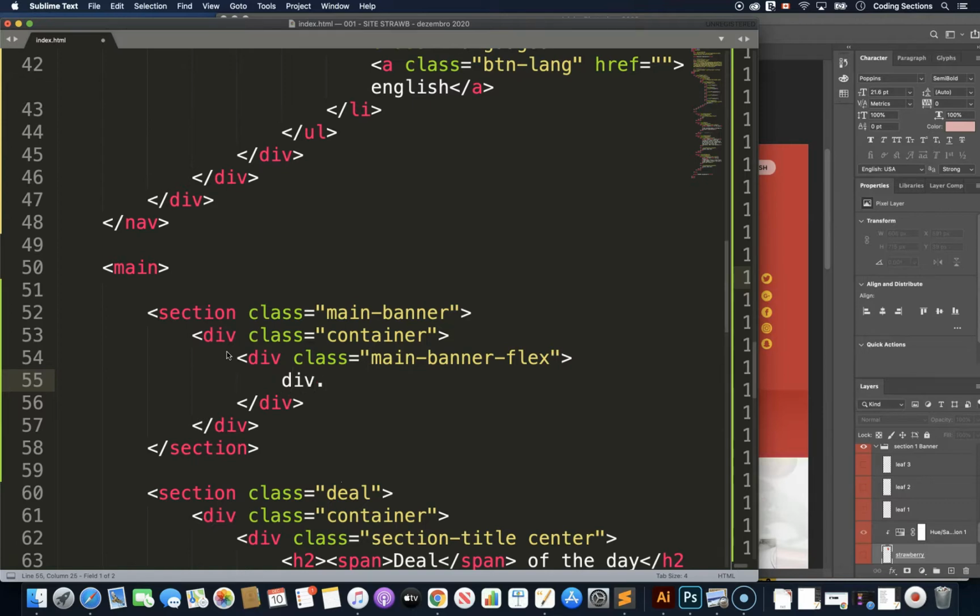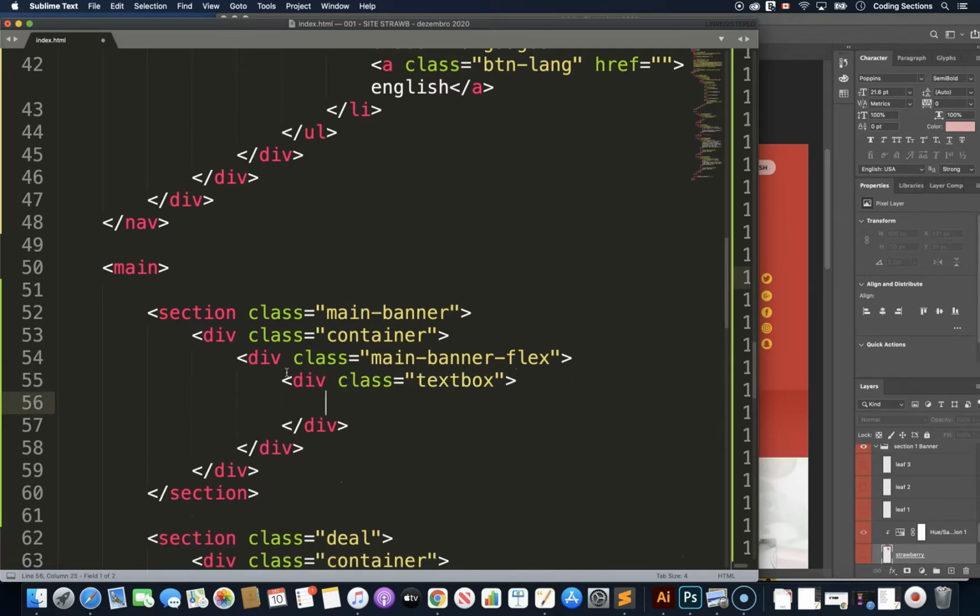On the left side I am going to put my text box, and this is just my choice for a class name that I usually put in my elements. I'm just going to also include here a little comment, which is the end of the class container. So here I have this reference, and this is because I will have several divs in here. So this is the text box, text comes here,